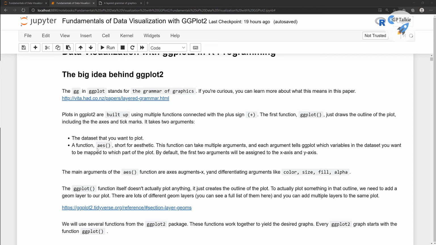So this aes, which is aesthetics, takes these as the input, and ggplot takes the data as the input. Do remember, once you pass this data and the aesthetics, it is not going to plot anything for you. It is just trying to get the overall sense of the plot, and it will prepare a canvas there, and it will plot the outline of the plot there.